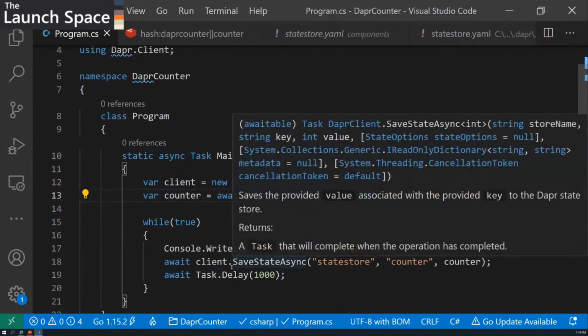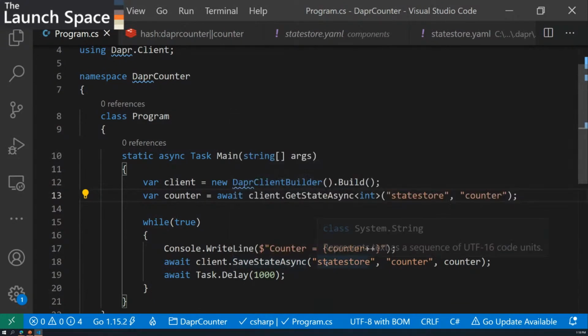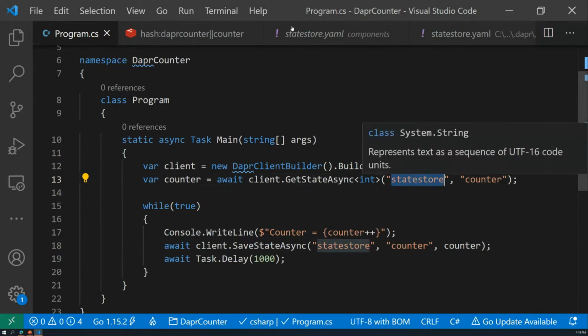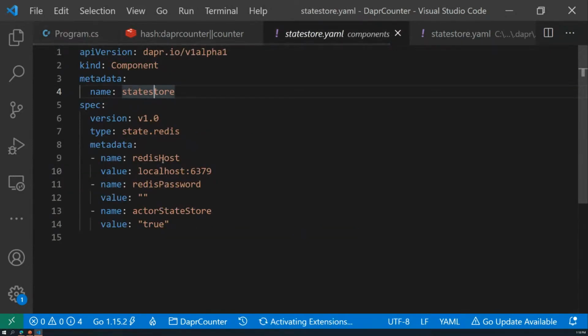What I've done here is use another of Dapr's capabilities to save some state inside my application. Why do I want this? Because it's very common to have a shopping cart, or the session state for your application, or a workflow. This is how you make long-running stateful microservices. So here I've used client get state. I read it from the state store. Dapr has this concept of components, where this state store can be a component that I talk to. In this case, I made the component a Redis host, which means I'm storing all my state in a local Redis host that's running on my machine.